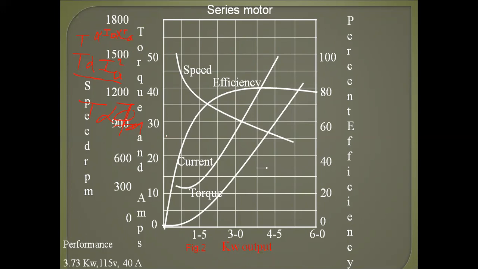From the torque-current characteristics, it is evident that the series motor develops large starting torque to accelerate heavy masses. From the speed-current characteristics, it is also evident that speed falls as the load increases. So the series motor is automatically relieved from heavy excessive loads. Therefore, the series motor is best suitable for electric traction work.